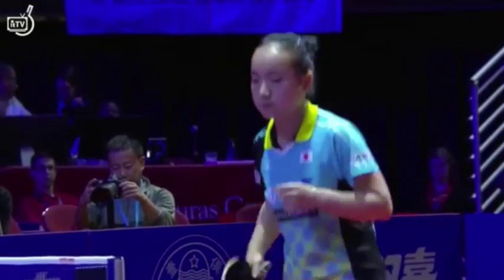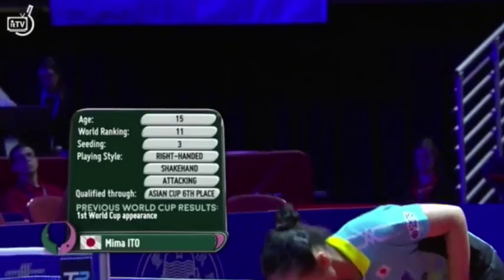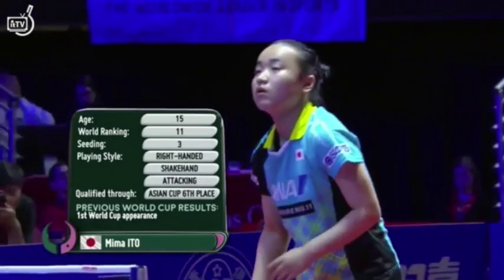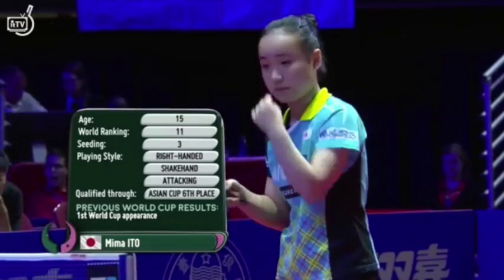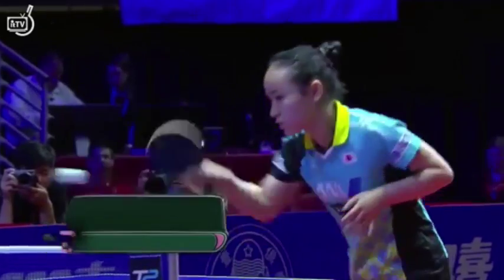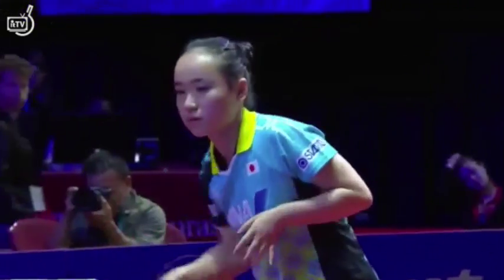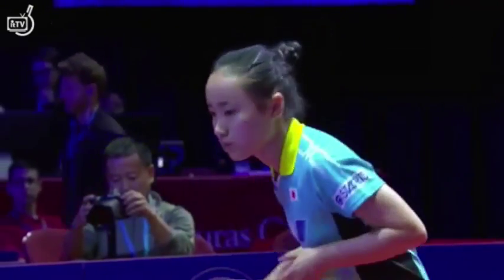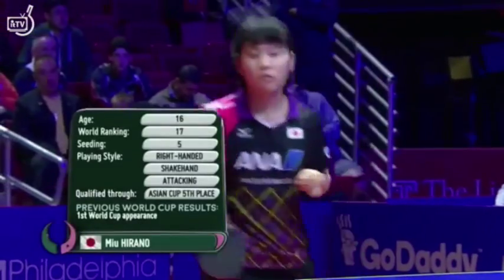Everything else. Miu Hirano, I feel like, lives in the shadows of Mima Ito just a little bit. Now the medium pips, for those of you a little newer to table tennis, the little bumps that look like Legos on the back of many recreational rackets, at the professional level come in different lengths. Most commonly short pips or long pips. Short pips you've had a chance to see here today with Shunyan Fei of Spain on the backhand, yesterday of